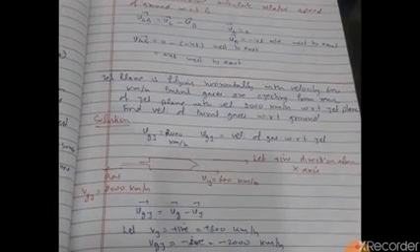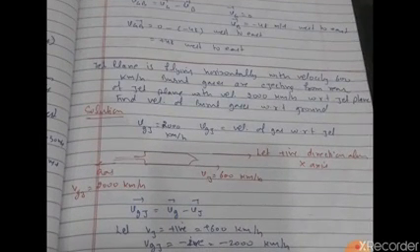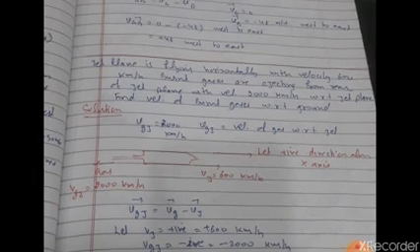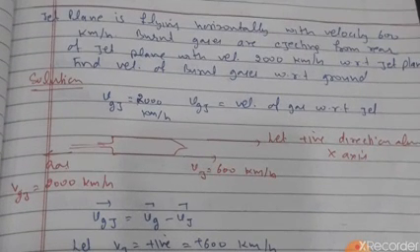numerical based on it. A jet plane is flying horizontally with a velocity of 600 km per hour. See here, velocity of jet plane is 600 km per hour. Burnt gases are ejecting from the rear of the jet. Here the gases from the back are escaping with a speed of 2000 kilometer per hour with respect to the jet plane. It means what is given to us is the velocity of gases with respect to jet. First, what is given to us, the velocity of jet.